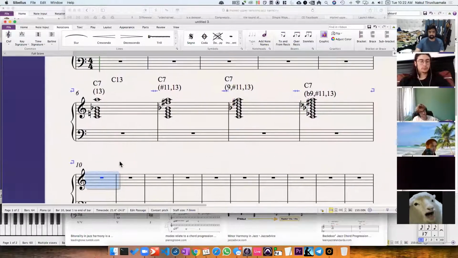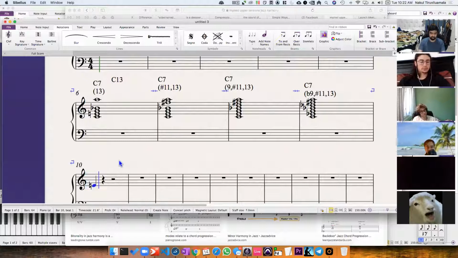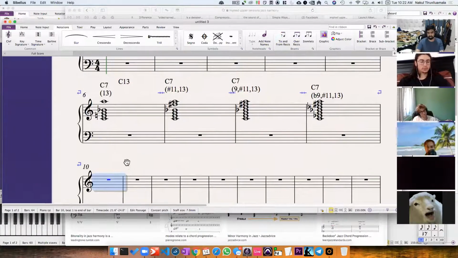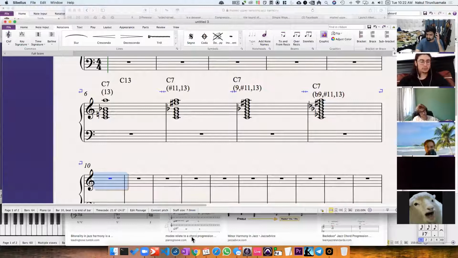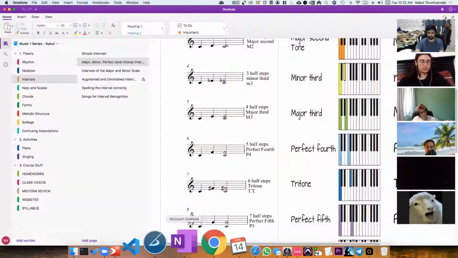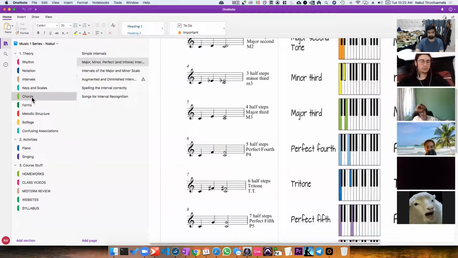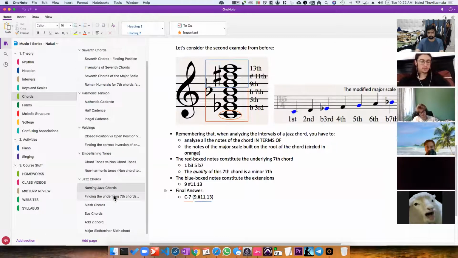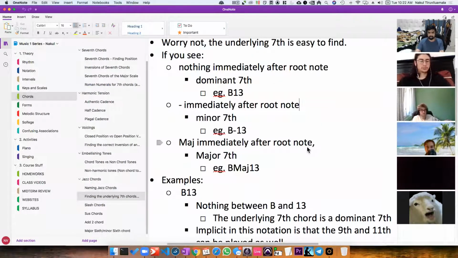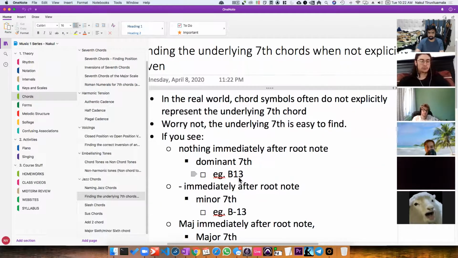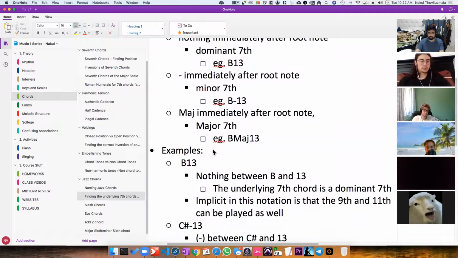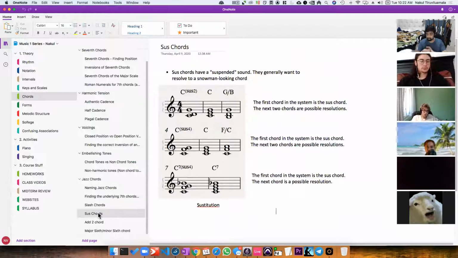Okay, so hopefully that makes sense. So going back to this particular case, I won't go into open voicings here, but I'm going to drive in this point a little more about these other chords. I guess we never got to slash chords last time, but I hope you still remember what a sus chord is, a sus2, a sus4, and a C7